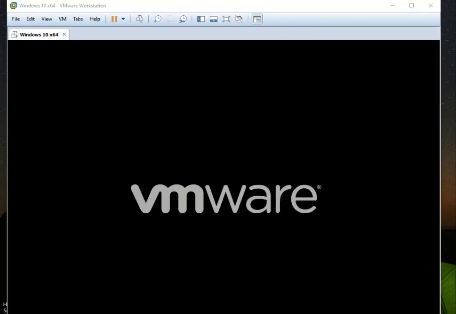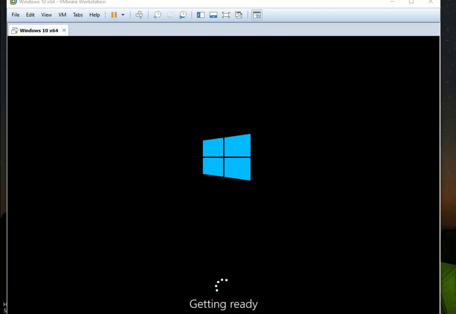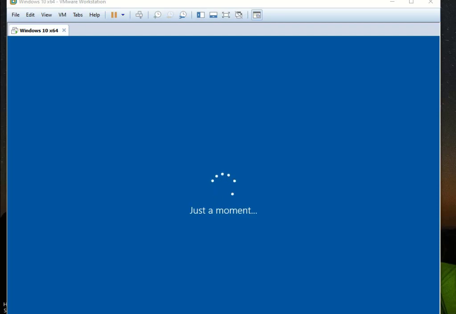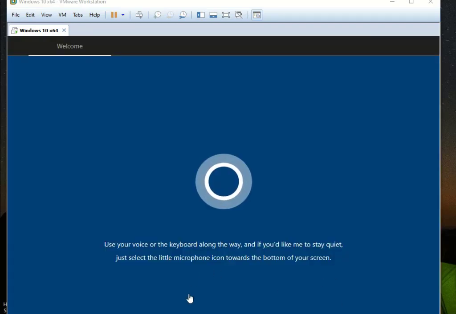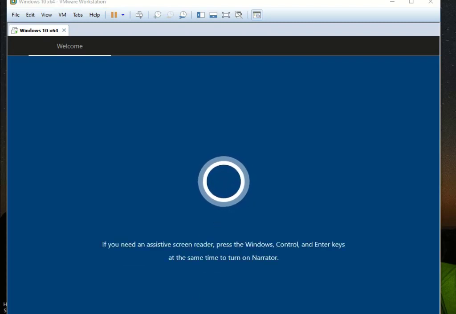Then from there, it's going to bring up the system again. Then it's going to take you through the process again of getting Windows ready and all the system updates. So you just give it time. Finally, your system is going to get ready, and then just wait a moment there,